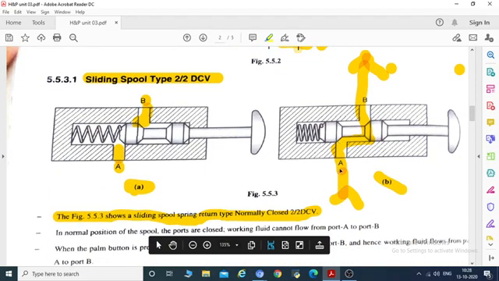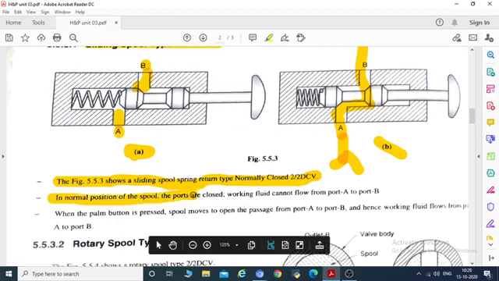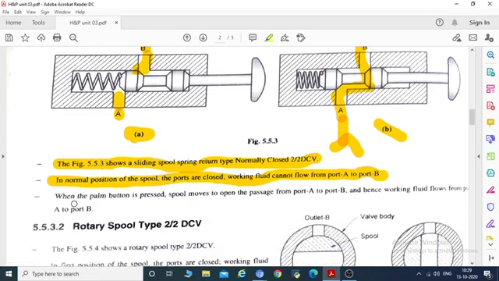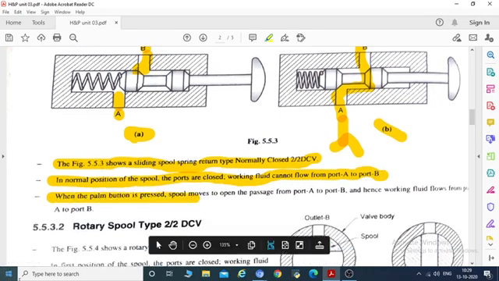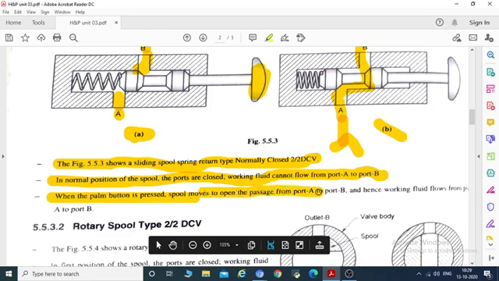You can see here the fluid can come from port A and move out from port B, or come from port B and move out from port A. In the normal position of the spool, the ports are closed, and working fluid cannot flow from port A to port B. When the palm button is pushed with pressure, you can see this is the palm button, and when we push it, the spool gets displaced from this closed position and the way gets open here. The spool moves to open the passage from port A to port B, and hence the working fluid flows from port A to port B here.